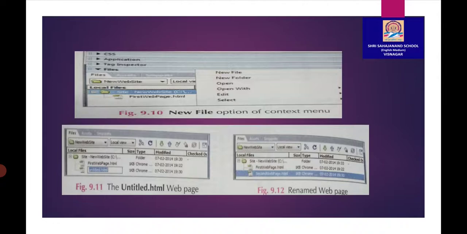See figure number 9.11. This type of untitled.html web page is created. Click on the file name and type the new name, say second web page.html. You will see it in the panel under the website name, see figure number 9.12. Double click second web page.html to edit it. The document window will appear. Add the content and then save it by selecting File and Save. Again save your content: select the File menu, then click on Save. In this way we can save our